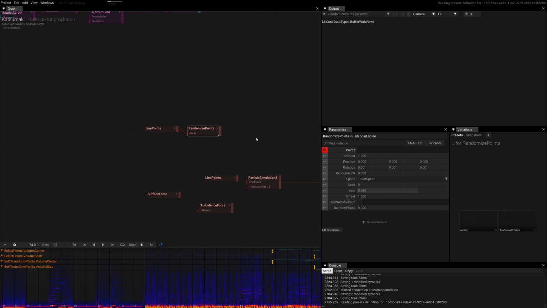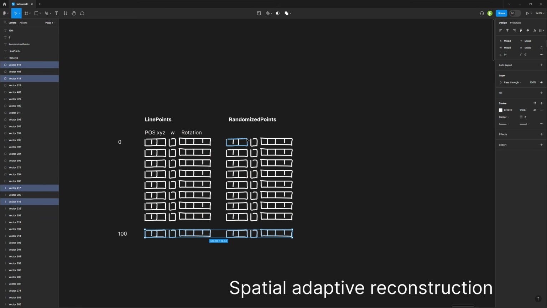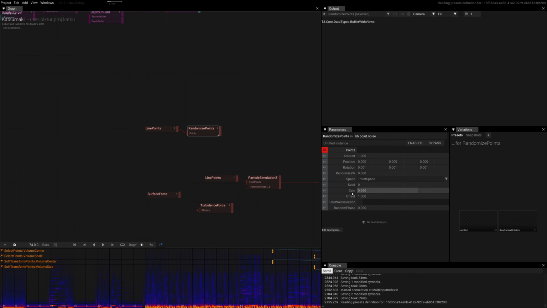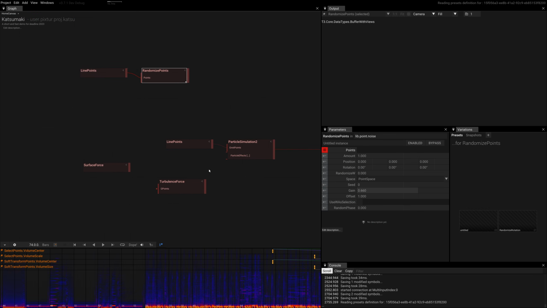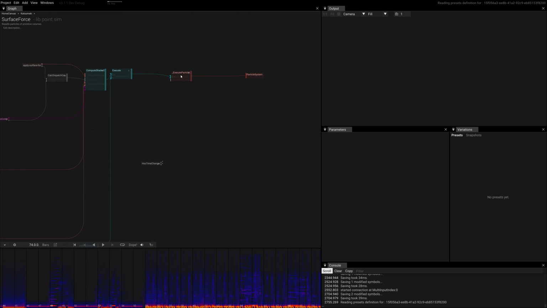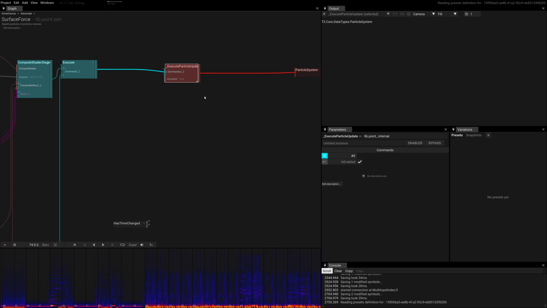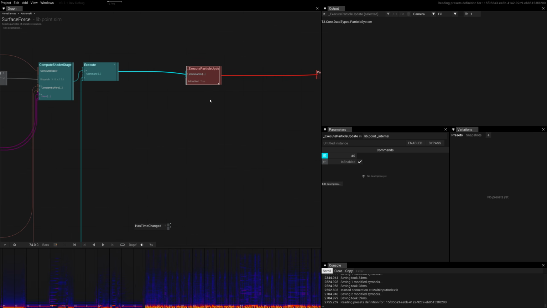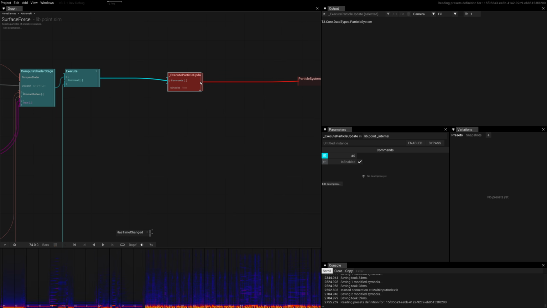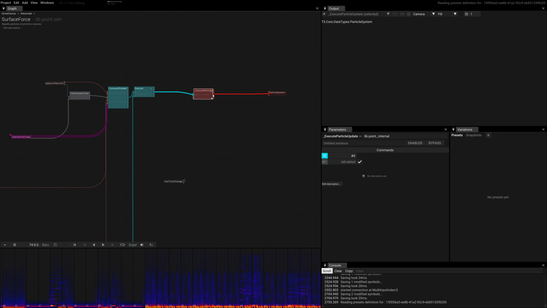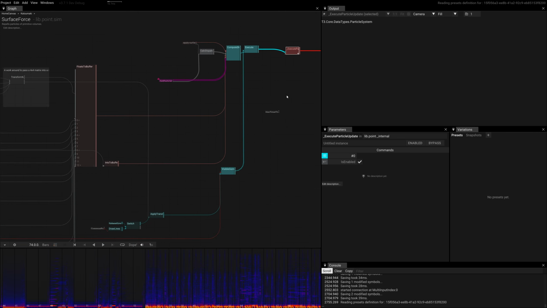So with the particle simulation, we don't do this. We take the original simulation buffer and we modify it in place. And the way we do this is, maybe we can look at the surface force because it does it already. There is a thing called execute particle update, which is just a means of converting some actions into an output. And you keep wondering where this output is coming from. And the output is coming from